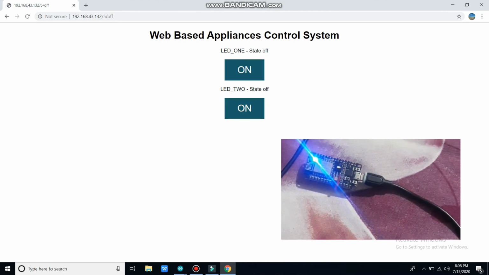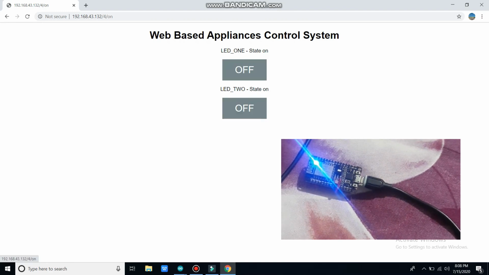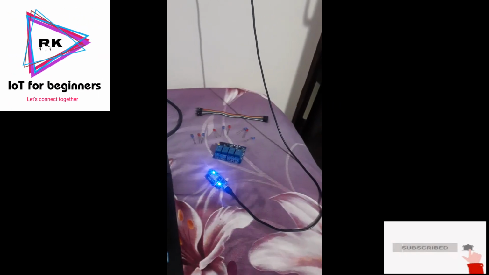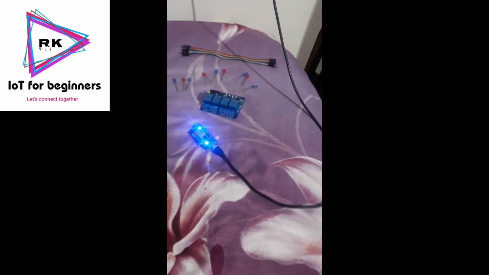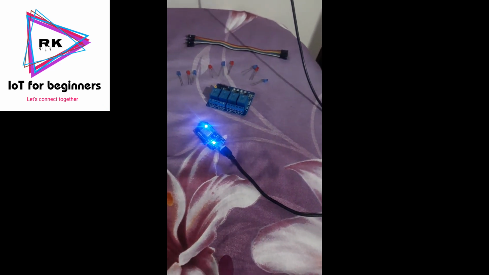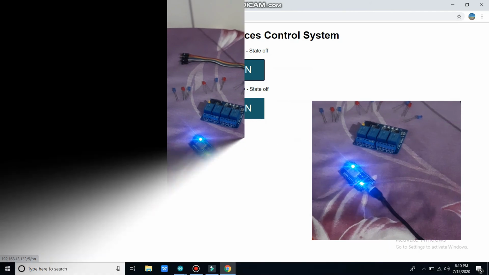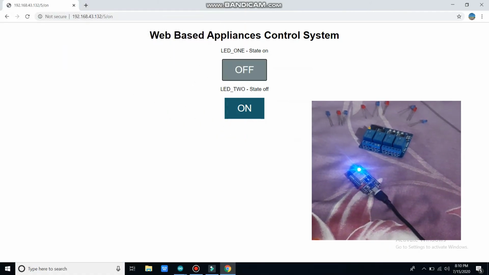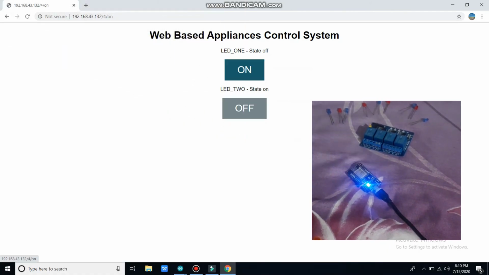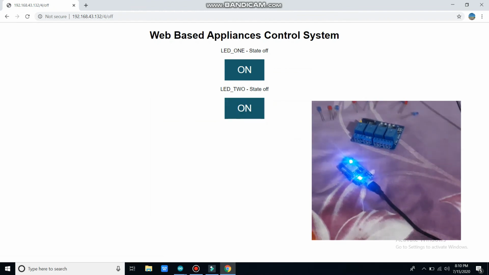Now, you can also connect your NodeMCU to a travel adapter. As you can see, I have connected my NodeMCU to the travel adapter. Let's see it in action. As you can see, our web server and NodeMCU are working perfectly.